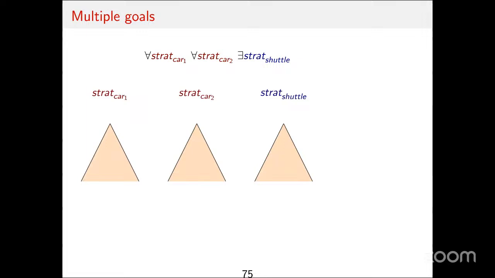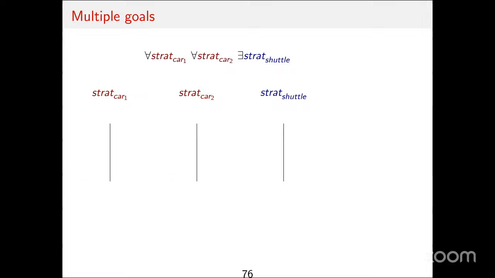It's not that easy. Instead of having trees, now we have just a simple sequence. And if we have multiple goals, it means that maybe the strategy for the shuttle will have to respond to the strategy of car 1 and the strategy of car 2. And this is not easy to do at once because if the strategy of car 1 and the strategy of car 2 are not the same, it means that the game will change, but we still need to choose only one action, which does not really correspond to what we wanted to